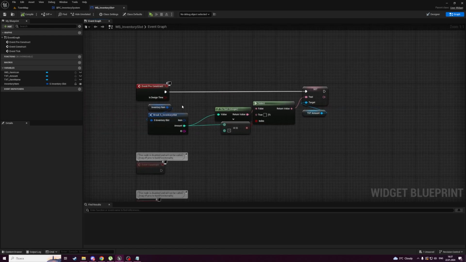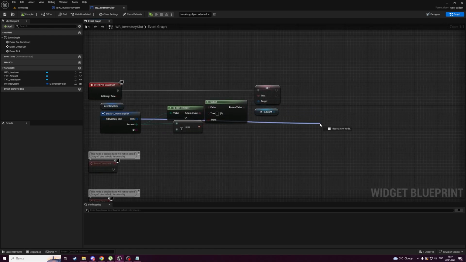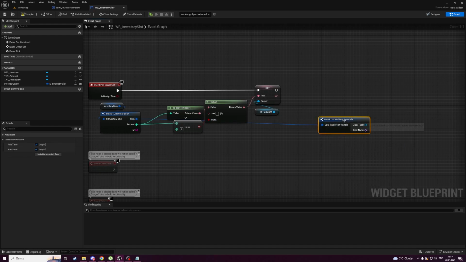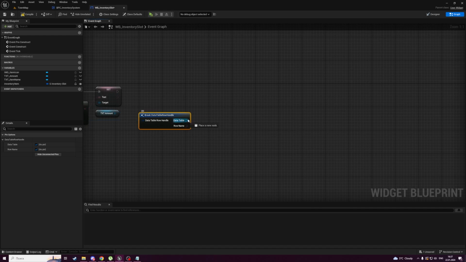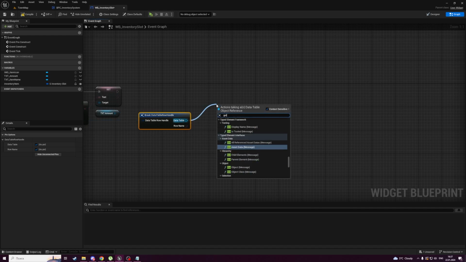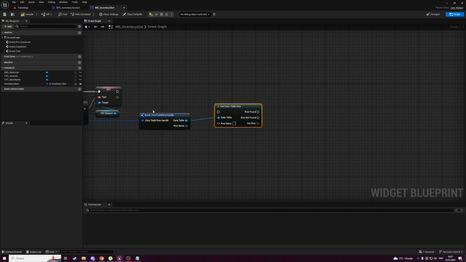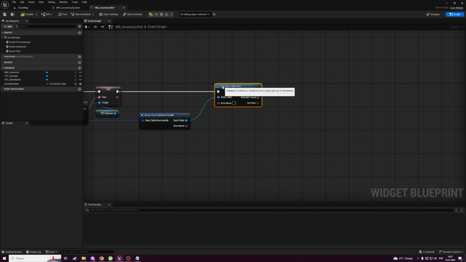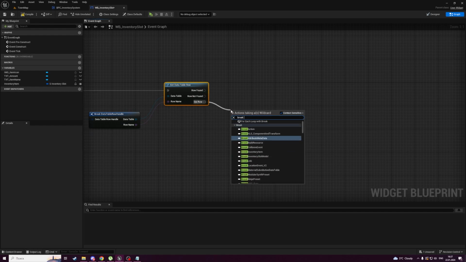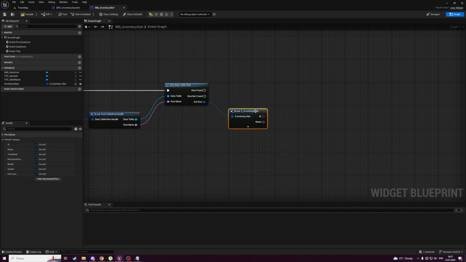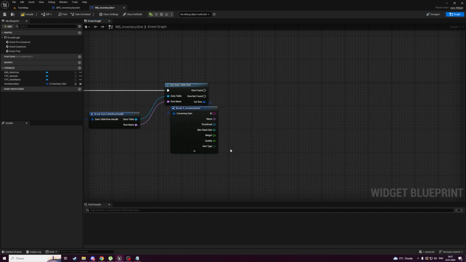Now we have to get an item from this inventory slot. Let's get it and break this structure. We get a data table and row name. Let's get a row from this data table with this row name and break a row as inventory item. Now